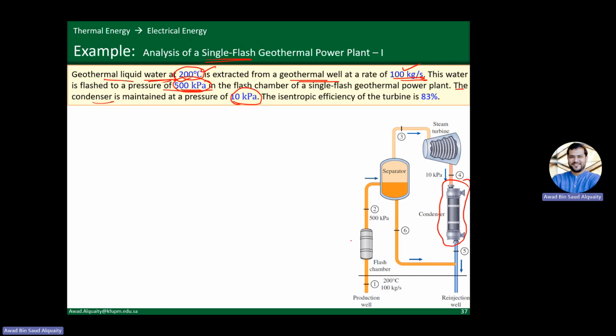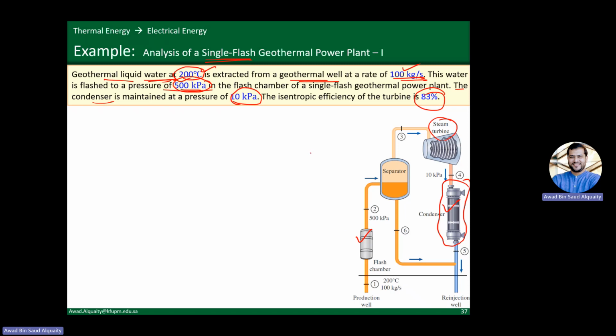So we have the pressure for the flash chamber, we have the pressure for the condenser, and the isentropic efficiency for the turbine is given as 83%. That's for the steam turbine. Now we have to do a couple of things, find out the power output, efficiency and so on. But to do any of that, first we will need the properties. So let's go ahead and figure out